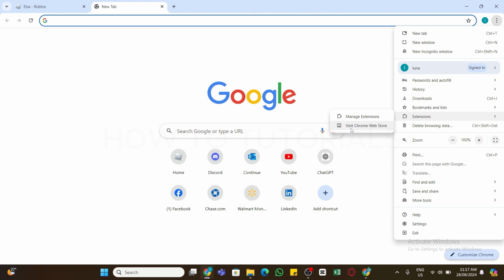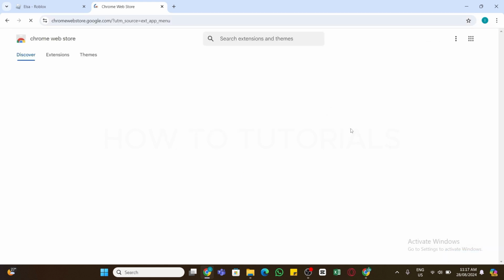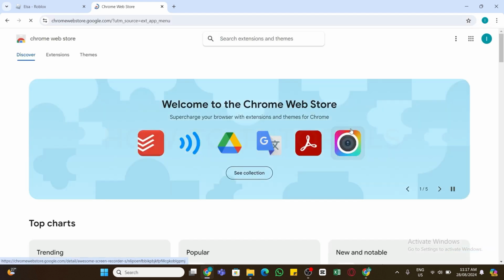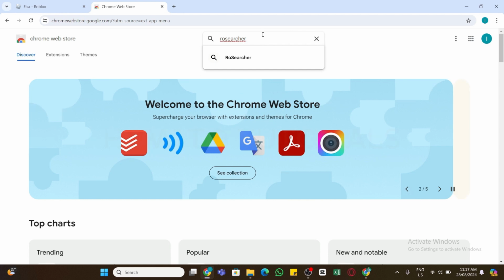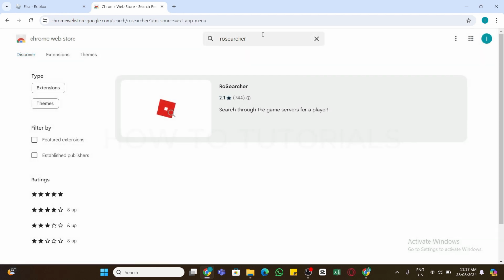You may also directly search for Chrome Web Store in any browser and then you will be able to reach the Chrome Web Store. Now click on this option and now here in this page you need to search for Rose Searcher in the search bar. Click on the search bar and there search for Rose Searcher. Now once you have entered the keyword, press the enter button